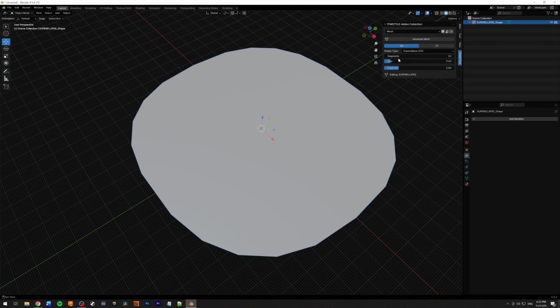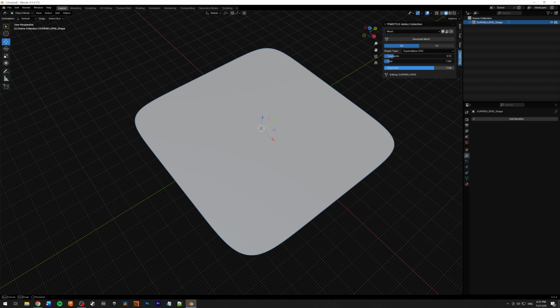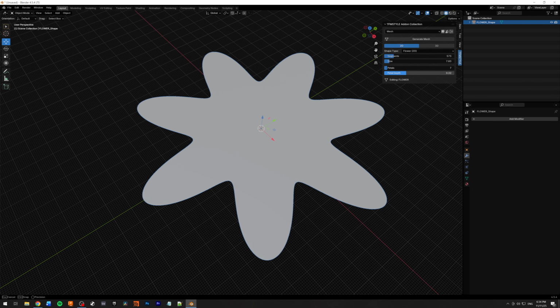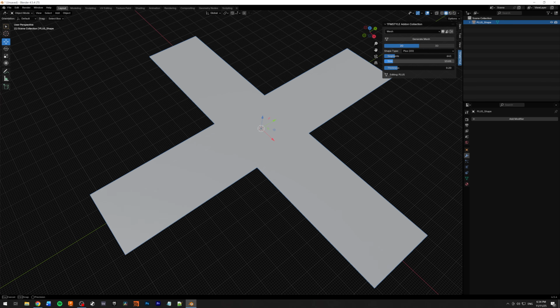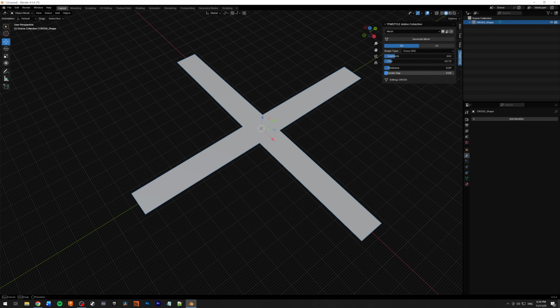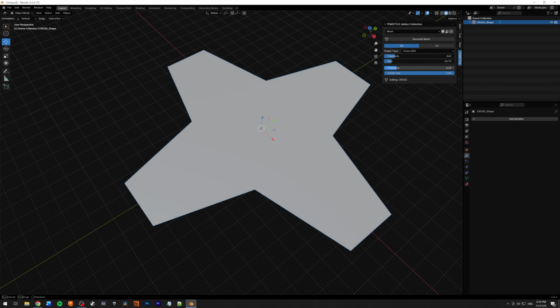We have the super ellipse, which is nice. We have the flower, number of petals, depth, the plus sign, the cross, which is a little bit different than the plus sign,